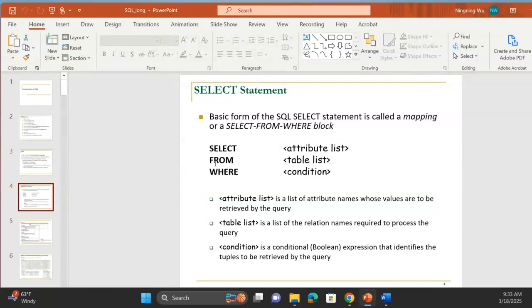Let's see the example here. So this shows a standard select statement. Sometimes we call it a select statement or a select-from-where block. A SQL statement contains three lines: select, then followed by from, then followed by where. Where can be optional. In the select statement, we only list the attribute names whose information we want to include